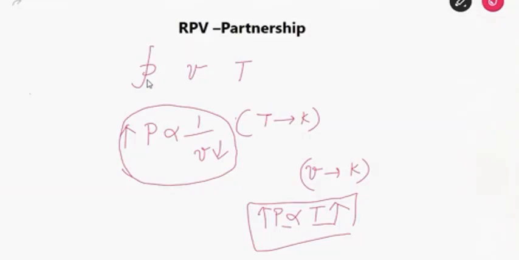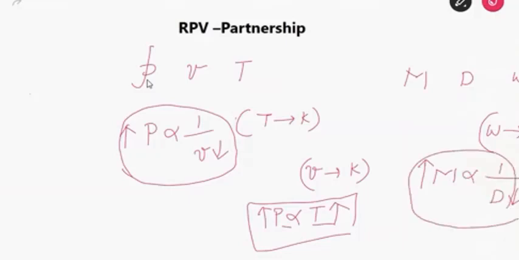Let us see another example: men, days, work. When work is constant, what is the relationship between men and days? When there are more men, automatically the working days will be decreased. See here, what is this relationship? Inversely proportional. When days are kept constant, what is the relationship between men and work? When men are increased, automatically work done will also be increased. What is the relationship here? Directly proportional. Likewise, we can frame the relationship between many things. It depends upon the question. Now let us see the questions.